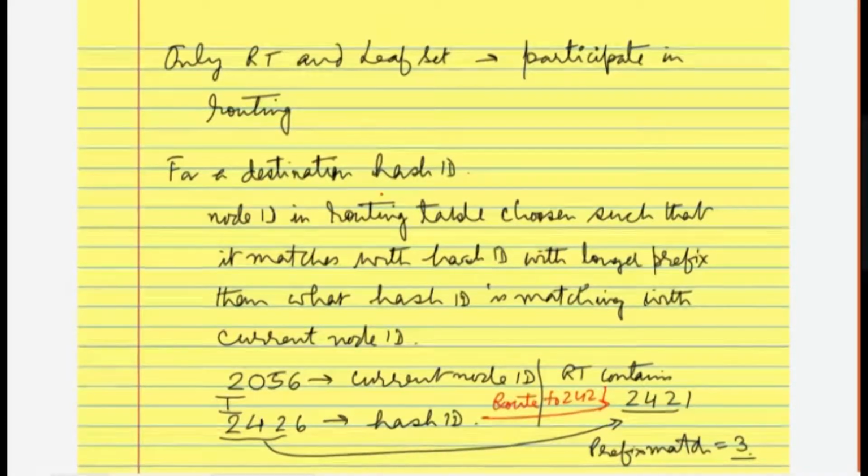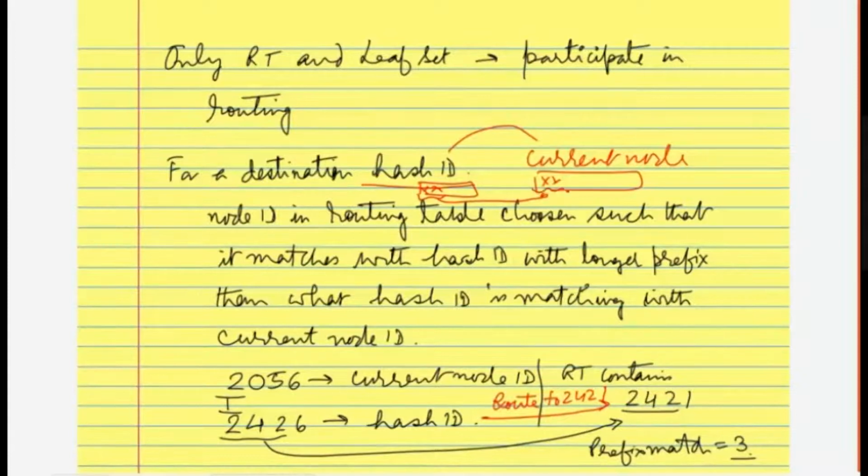So if you have a hash ID being given to you, how does the routing happen? The node ID will look at the hash ID. Now the hash ID, if it compares with the current node, must be having some bits which will be present here. So some bits will be matching in the hash ID. Maybe these two are matching with this. The third one is not matching. This is different. So the prefix match is only 2 digits in this case.